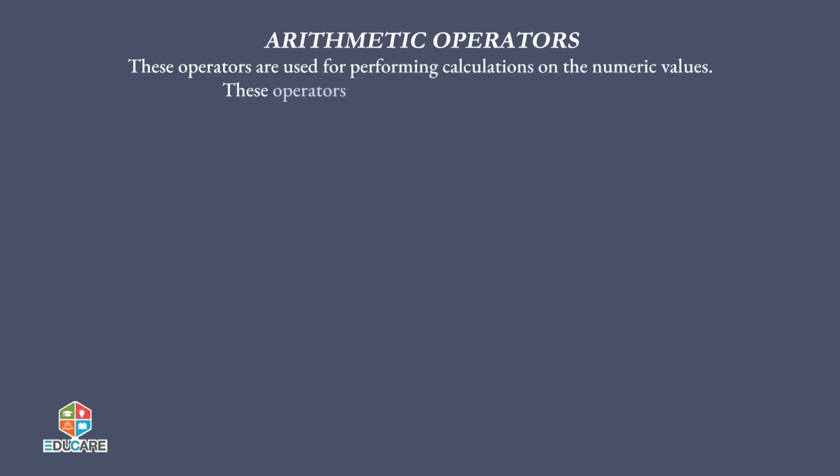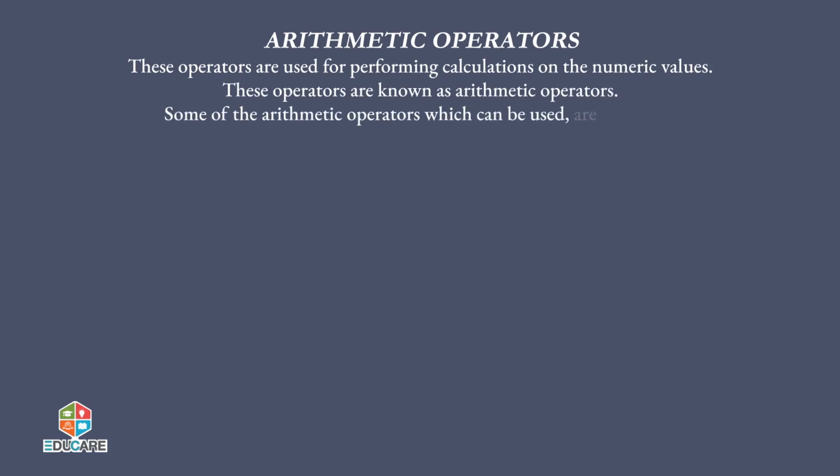Arithmetic operators. These operators are used for performing calculations on the numeric values. These operators are known as arithmetic operators. Some of the arithmetic operators which can be used are as follows: operator, sign, result. Addition, plus, 21 plus 7 equal to 28. Subtraction, minus, 21 minus 7 equal to